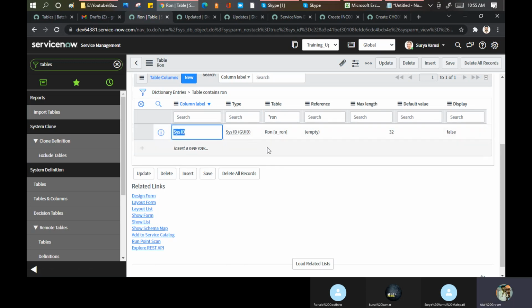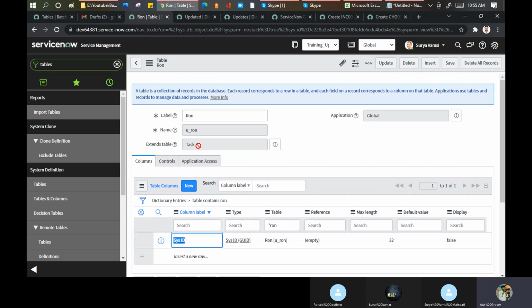So this field exists on the Ronald table. It does not exist in the task table. So this way you can identify how many fields I created. See, even though it should come with u underscore because it's user defined, SysID is an out of the box field that we are just putting into our tables. So now the task table has its own SysID, and the Ronald table has its own SysID.